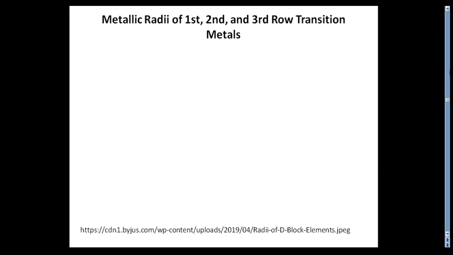From left to right, the atomic number goes on increasing along with the nuclear charge, and due to this increase, the nucleus tends to attract the electrons towards itself. But don't forget, as the nuclear charge increases, some other factor is also acting against it, and that other factor is